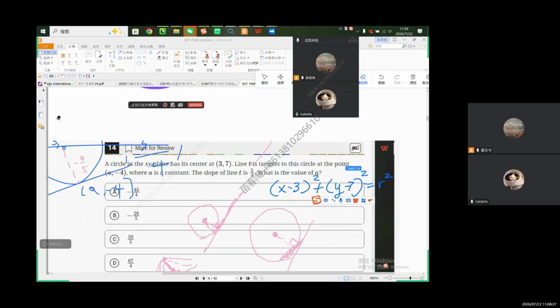I don't remember tangent lines very well. Okay, hang on. Maybe I can still try something. You don't remember tangent lines? Not really. A tangent line is the line that only has one intersection with the graph, the circle. Oh, okay. Yeah, I see. Okay, so